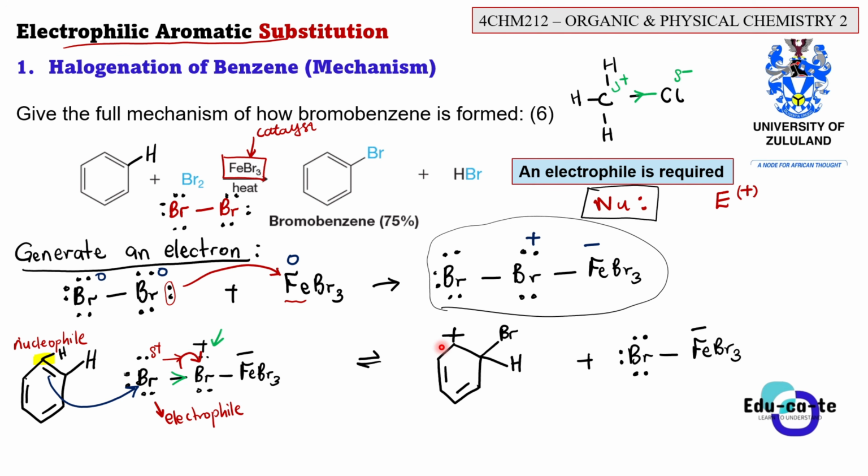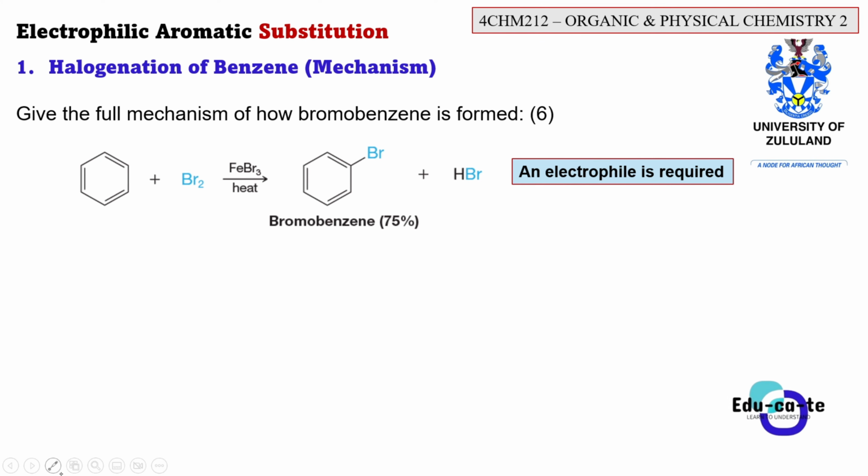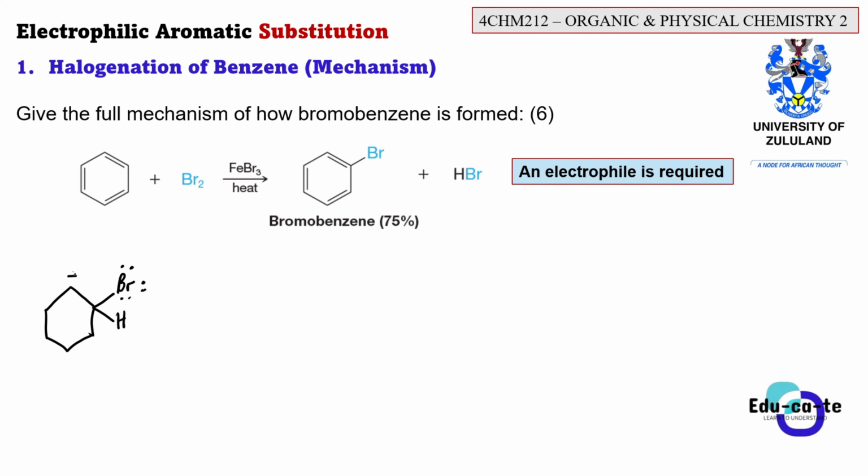So I'll just rewrite what we have done here. We now have this arenium ion. We call it an arenium ion now, because here we have a Br, here we have an H. This Br has a couple of lone pairs of electrons. Then we have a positive formal charge here, and a bond here and a bond here. Then in our mixture, I'll rewrite this: this was Fe, and it was negative. This is Br3. All right.